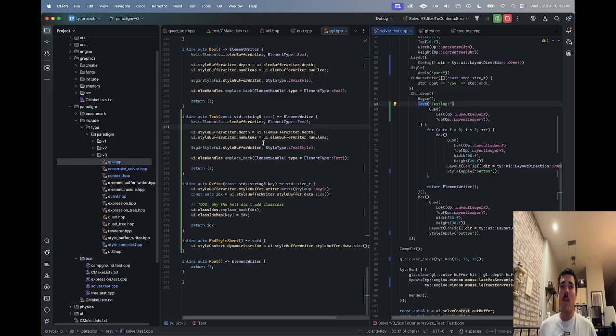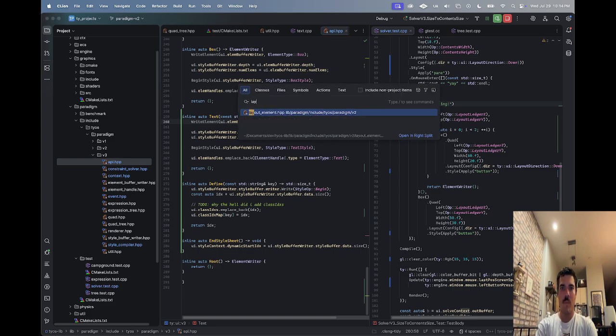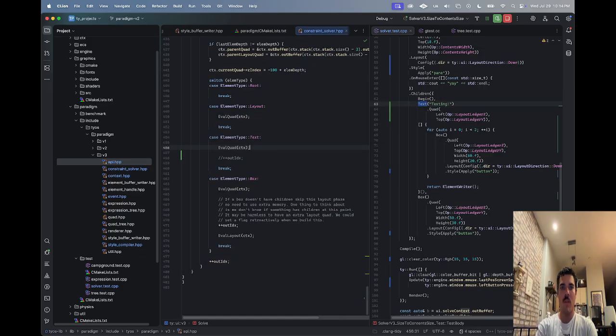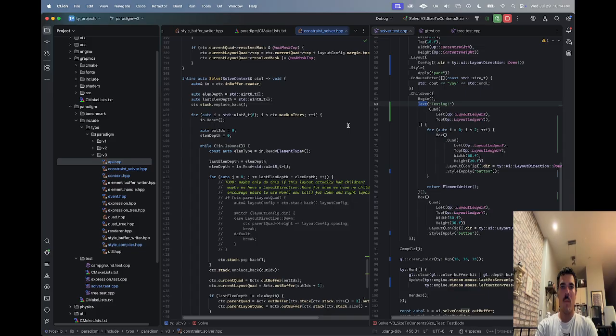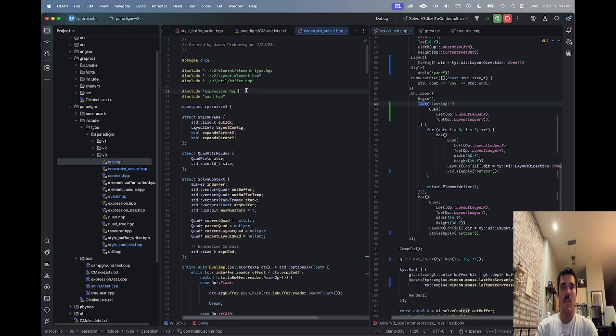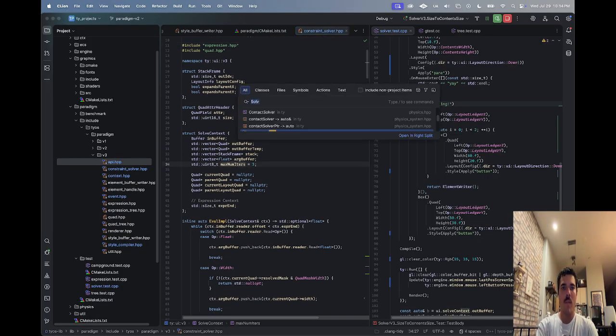See, I just don't know the right way to do this. I can think of a quick way to do it, you know what I mean? Where it's like, on solve, constraint solver. What we could do is pre-calculate all of the quads. So before we call solve, we have